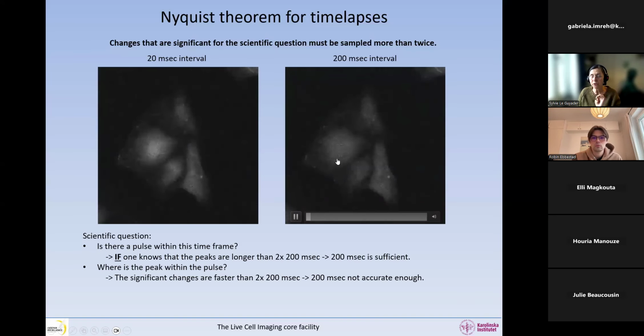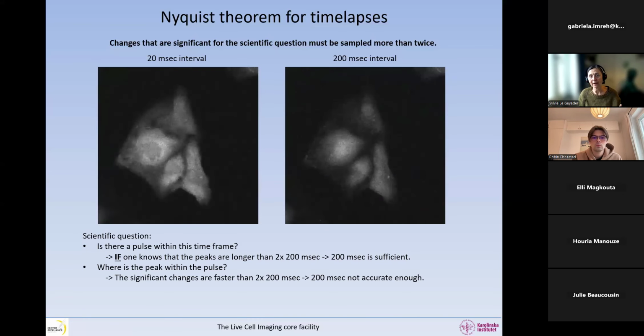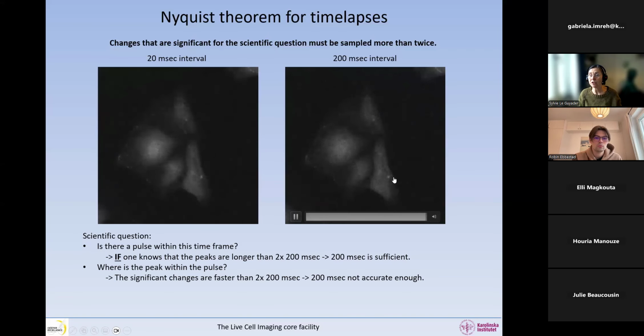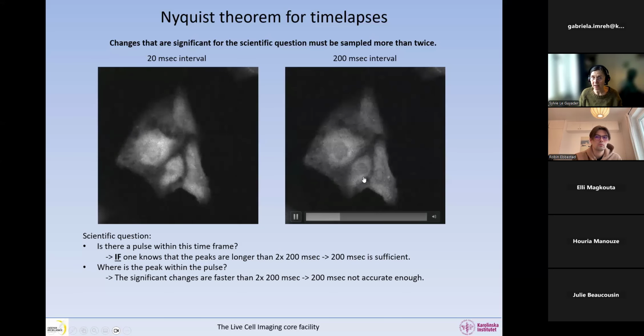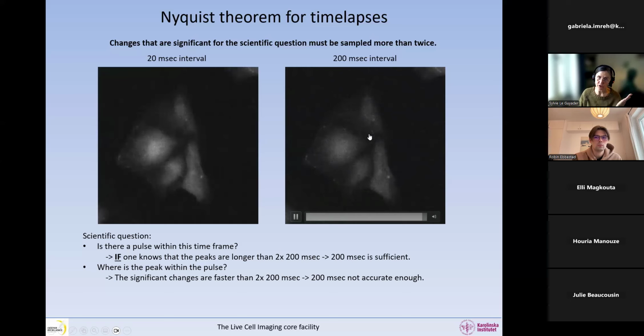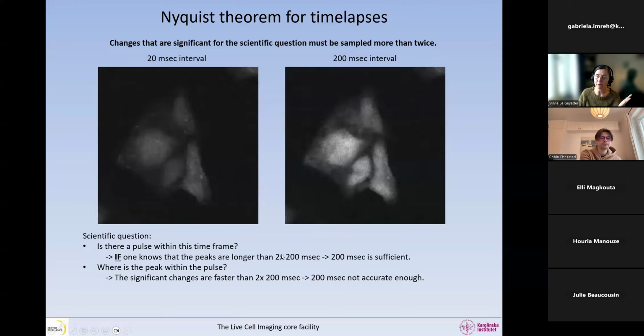And now we need to ask ourselves, there is a significant change in intensity between any two time points. There's a huge change in intensity. I am not sure if I'm imaging enough in here to see if there's one pulse or two pulses and where the peak is. But if we have some knowledge about the sample, and we know that the peak is longer than 400, then we know that 200 milliseconds is going to be sufficient. So you involve your knowledge of biology